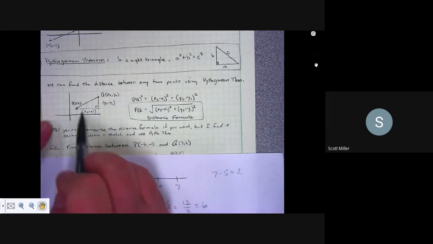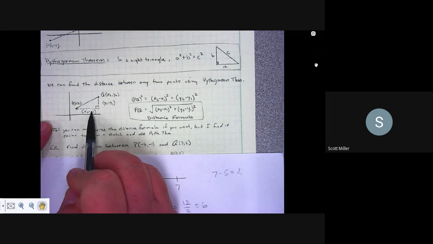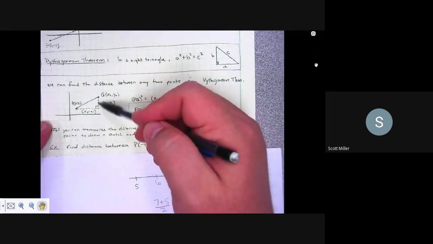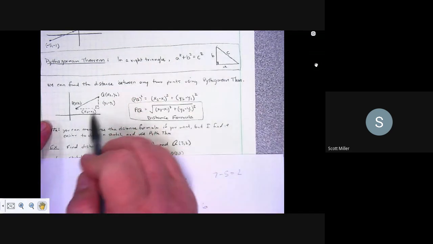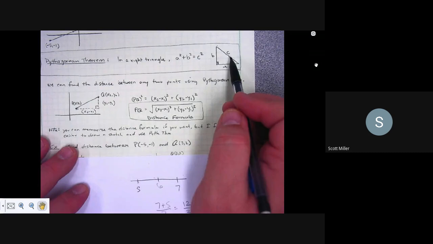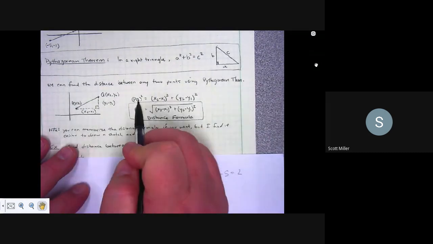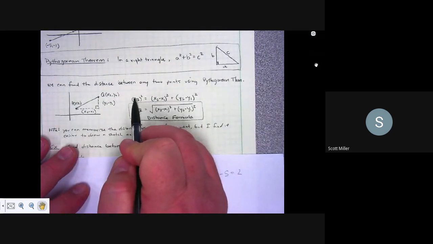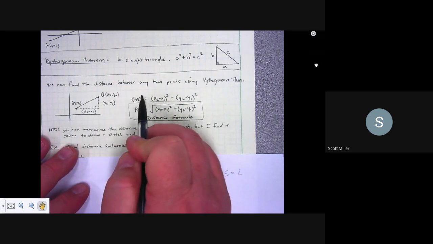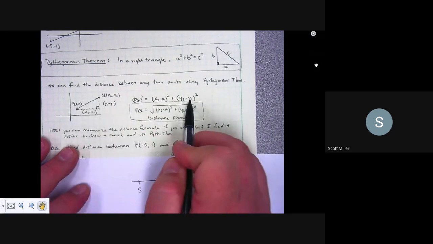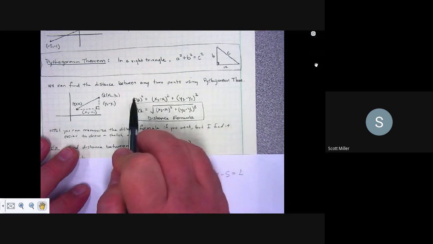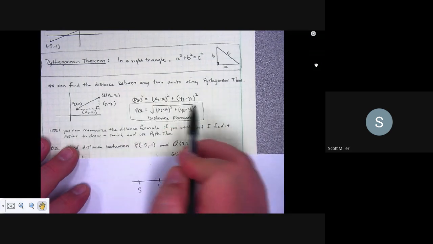And so that's what we do down here. You'll get x2 minus x1. Do the same thing for this side with the y values, so the y2 here and the y1 here. And so I have these distances. So according to the Pythagorean theorem, the distance of PQ, see, PQ is a length notation. See how there's no line across the top. So PQ, the length of PQ squared, must be that quantity squared plus that quantity squared. And then to undo the square here, we take the square root, and that's how you get the distance formula